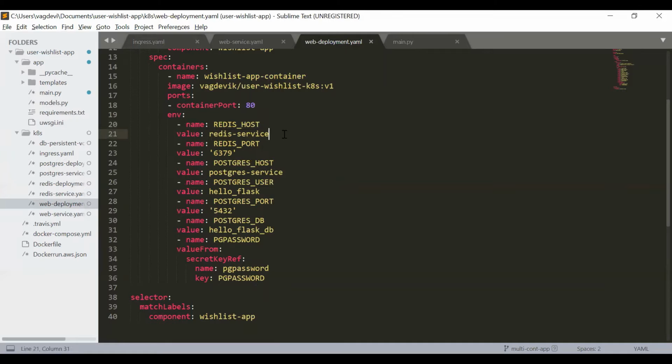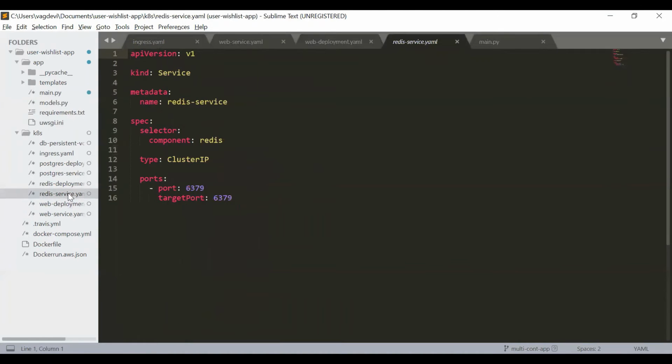Now, what is this Redis service? This is nothing but this Redis service.yaml file. The name of the service is Redis service, based on this. So basically, when we apply all the YAML file configurations of this k8s folder, all these Kubernetes resources will be formed, right? All these are objects: deployment, service, all these different kinds of objects.